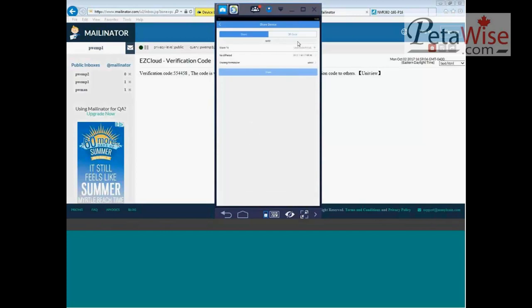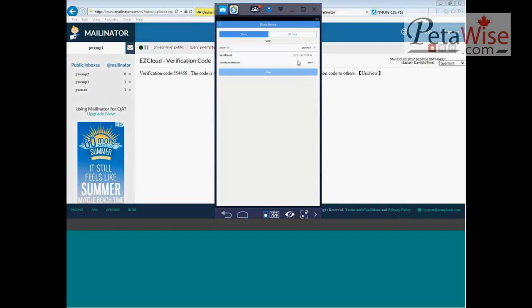This will bring up a new menu. And what we can do is we have a couple options here. We can put in share to, and it says username/email, because, of course, you can use the username or the email. So what we're going to do is we want to share it to the new account that we created. So let's put in our username of our new account, which was